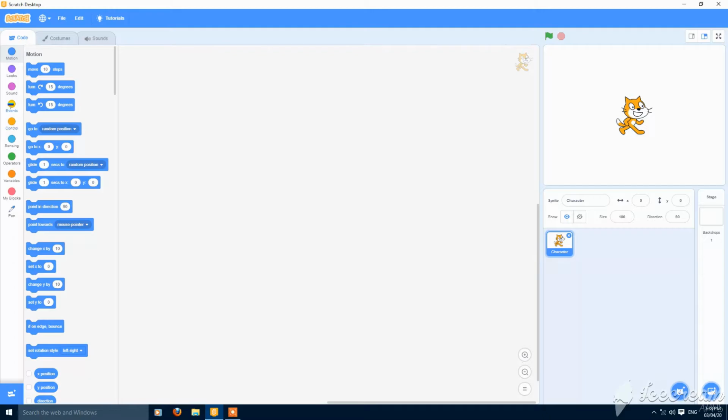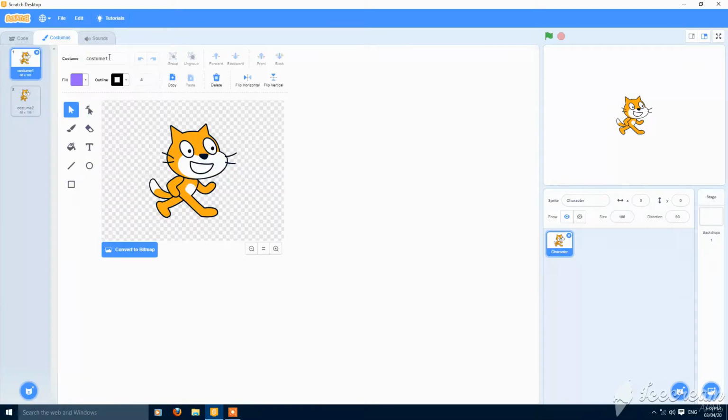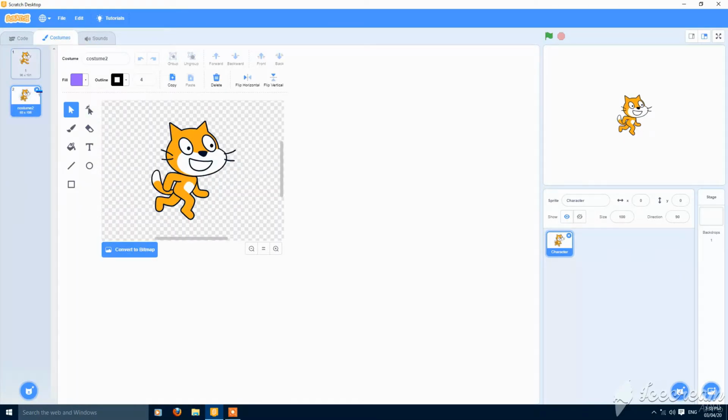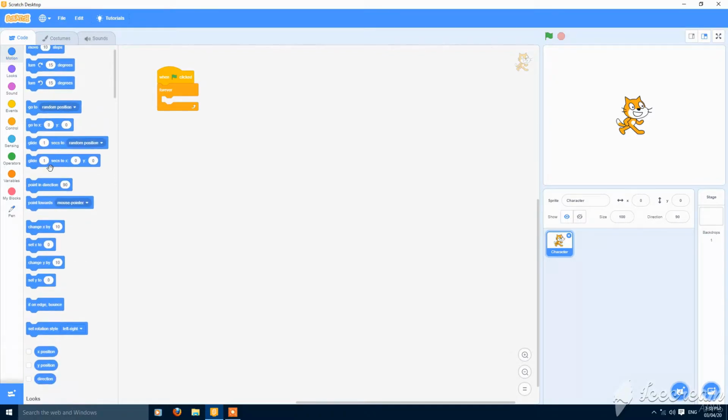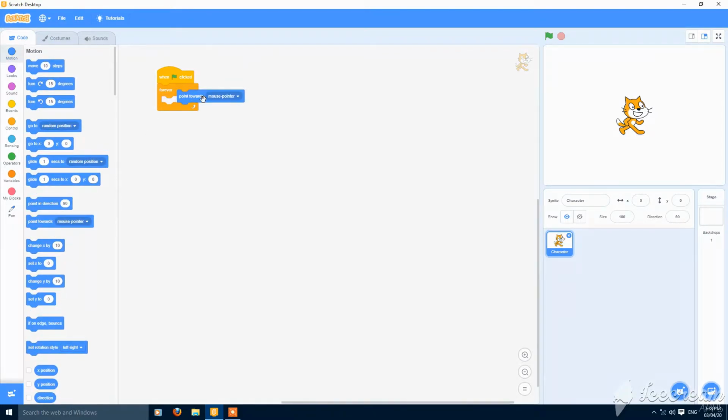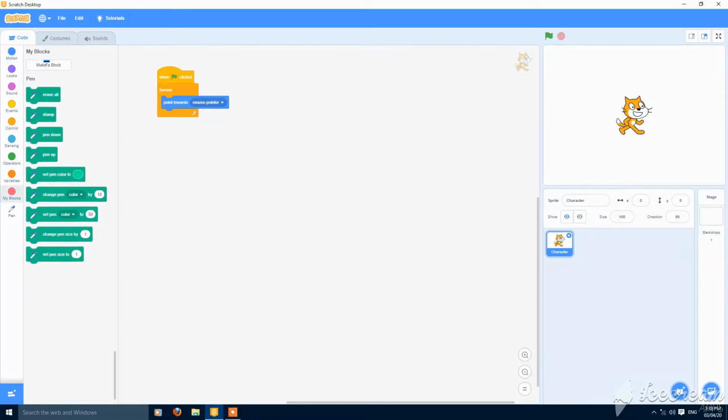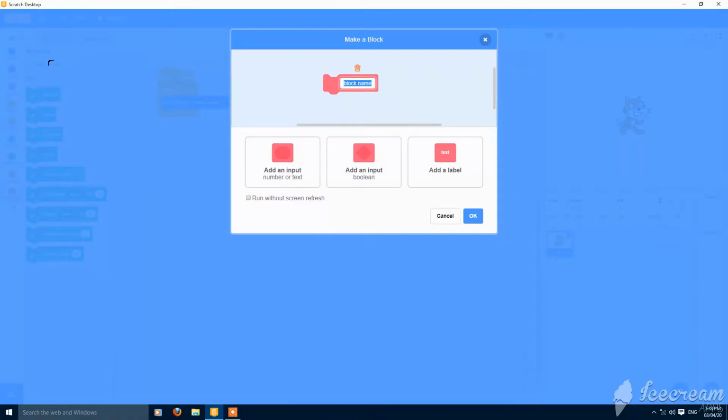Then let's start scripting. First of all, you need a costume added. So when the green flag clicked, forever point towards mouse pointer, then make a block called render shadows